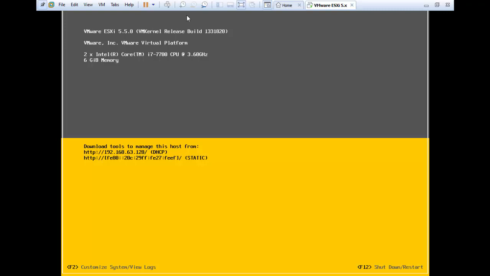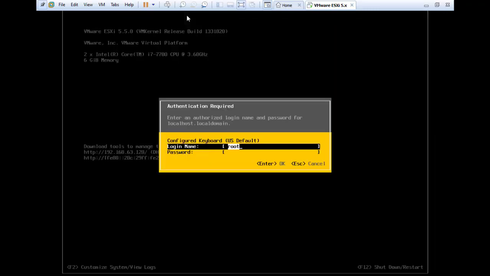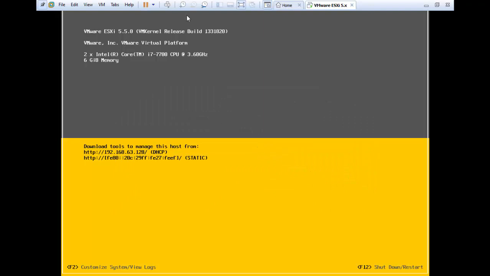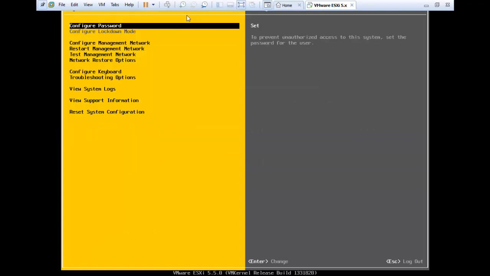Let's see what happens when you press F2. It shows you the login screen. Whatever settings you have to make in your system, you first have to log in. So here we log in, and now again we'll press F2.